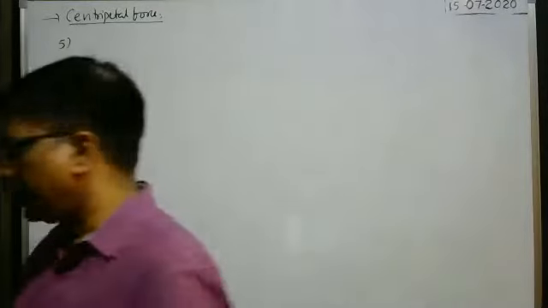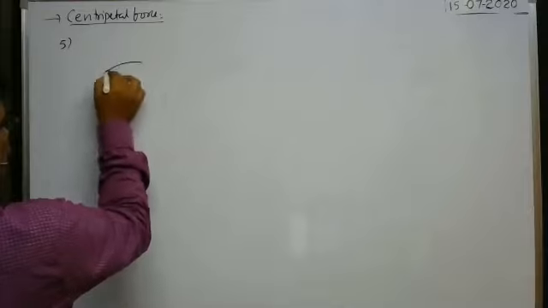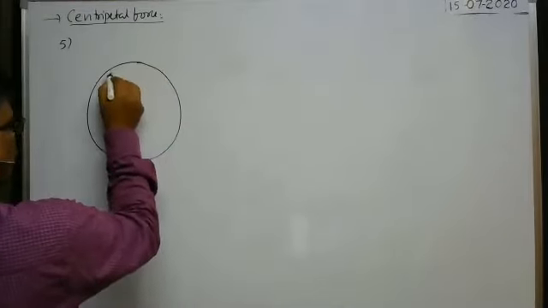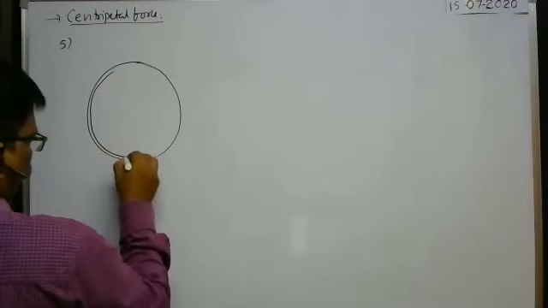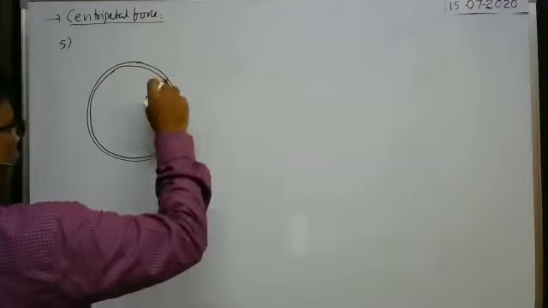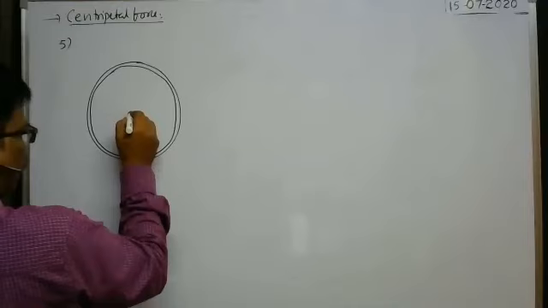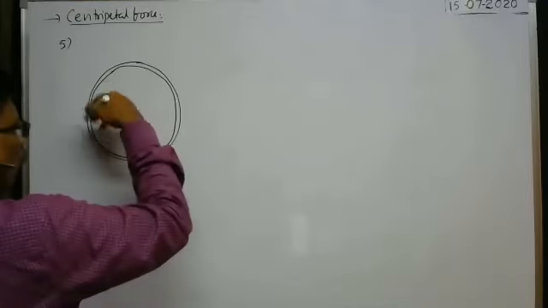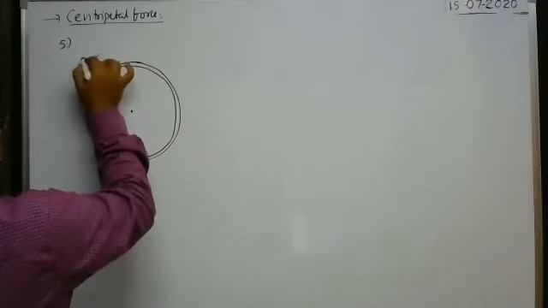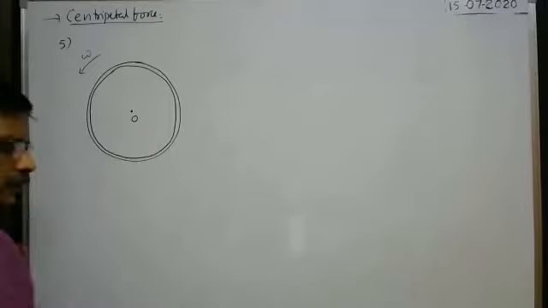Right. You see, suppose we have taken the rope in the form of a loop, like this. That means the two ends of the rope are joined together so that it becomes a circular loop. This loop is made to rotate with angular velocity omega about the center of the loop.